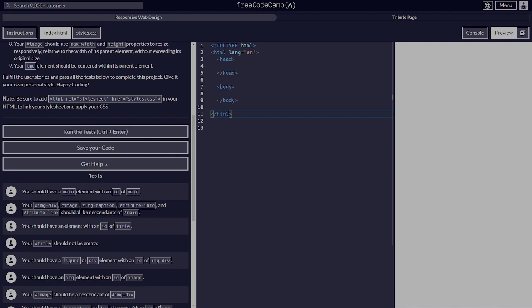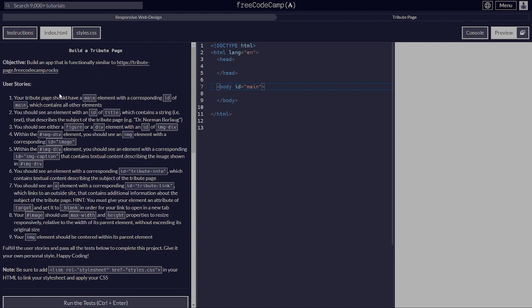So our body, ID equals main. Your tribute page should have a main element with a corresponding ID of main, which contains all other elements. You should see an element with an ID of title, which contains a string. And I'm going to go ahead and open